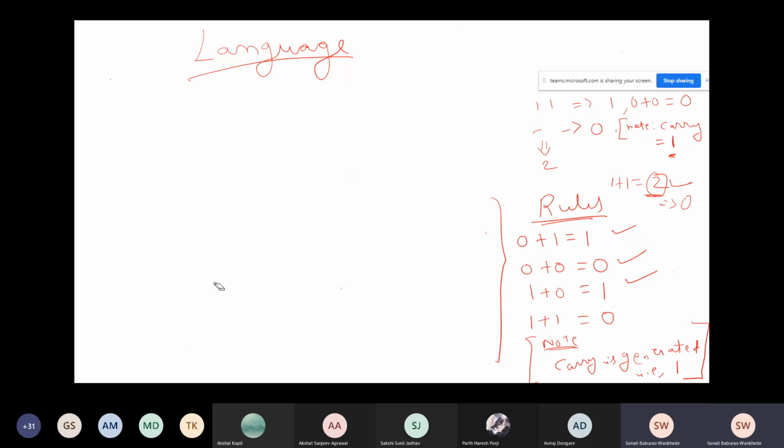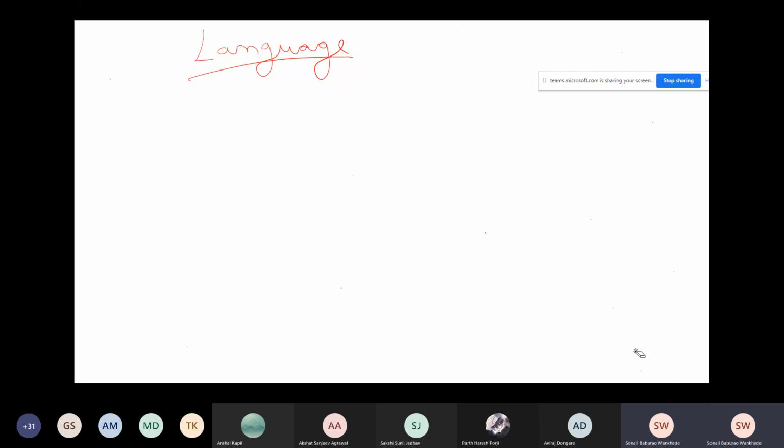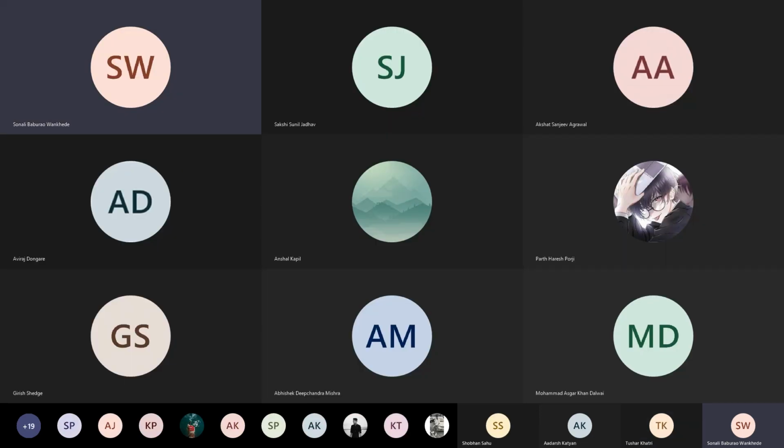Okay, I think we will stop here now. It's already too late. Okay, guys, wait a minute. Just let me take the attendance. In the next lecture we will solve regular expressions, or if you try to get to know all these concepts of addition, and if not, let me know. We will solve more examples on binary additions. Okay, wait a minute, just give me 2 minutes.